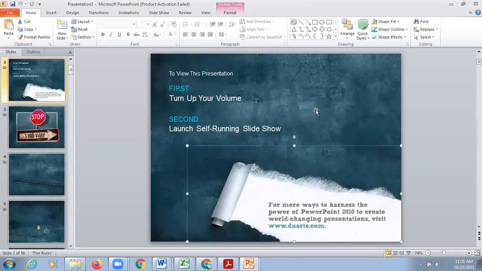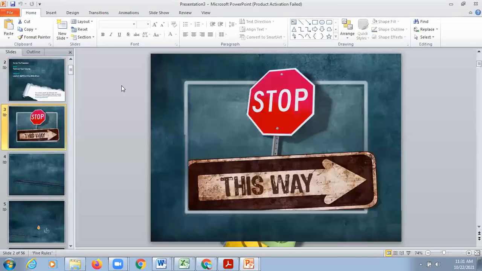Slide background, everything is already added, right? So this is called a template. जो आपके पास पहले से ही ready है, designing is all done. You can just replace the pictures. You can just add your own content, and everything is all ready.